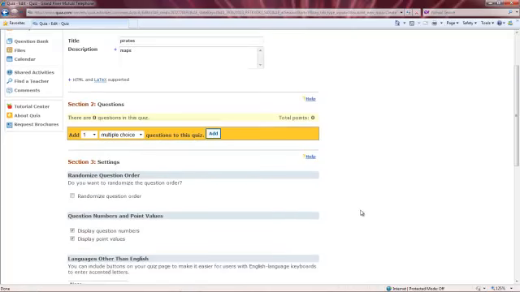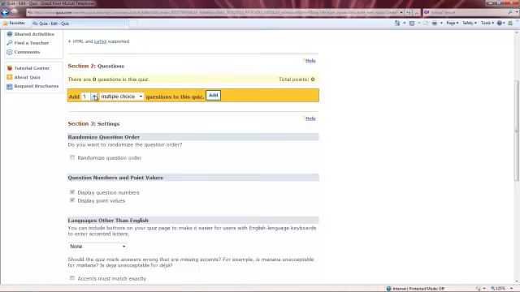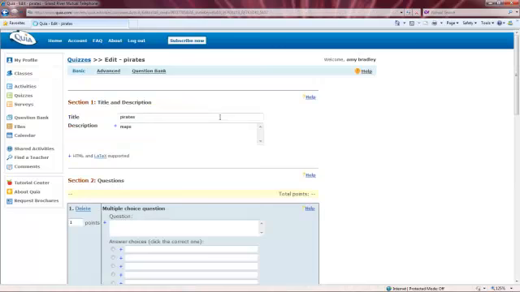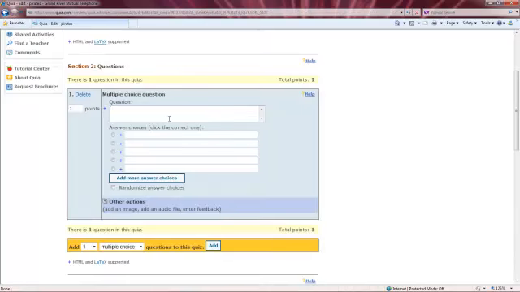Then you will scroll down to section 2. Here we need to decide how many questions and what type of question we want. There are lots of choices to choose from. We're just going to use one question and multiple choice. Then select Add. Our first question